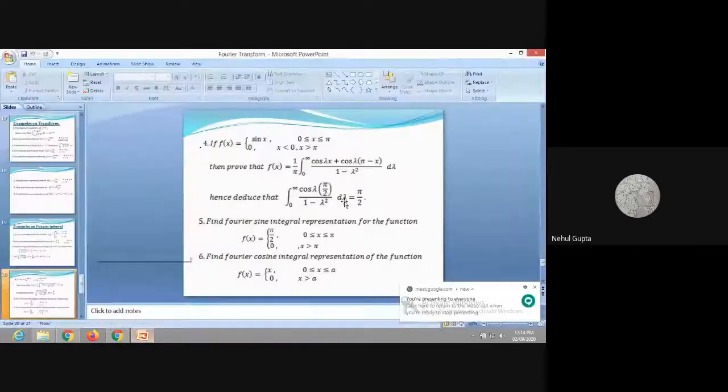Sir, we can use f of pi by 2. Which rule? We can substitute x equals pi by 2. If we substitute x is equal to pi by 2, then we will have f of pi by 2, which is 1. Exactly, correct. When we substitute x equal to pi by 2 into the original function, sine of pi by 2 will be 1, correct? And therefore f(x) is equal to 1. And we are taking that 1 upon pi to the left hand side, so that will be pi by 2.